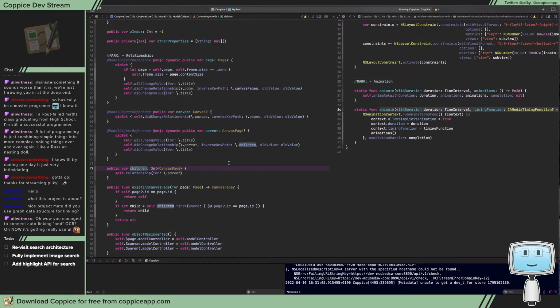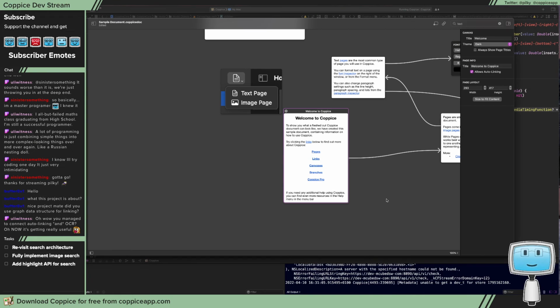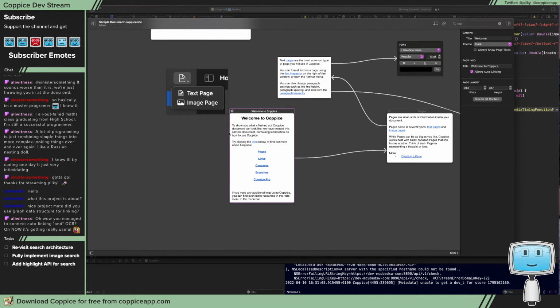Now, the way I initially had it is you would have a root object, which is a page that you've dragged out, and then you click on the link and it links to that. But if another link also links to the same page, it doesn't visually link to the same page, it opens it again. So it's like a link on the page is a one-to-one to another page. In fact, I can show you that a bit more visually. So we've got this here that goes to pages, but if I create a